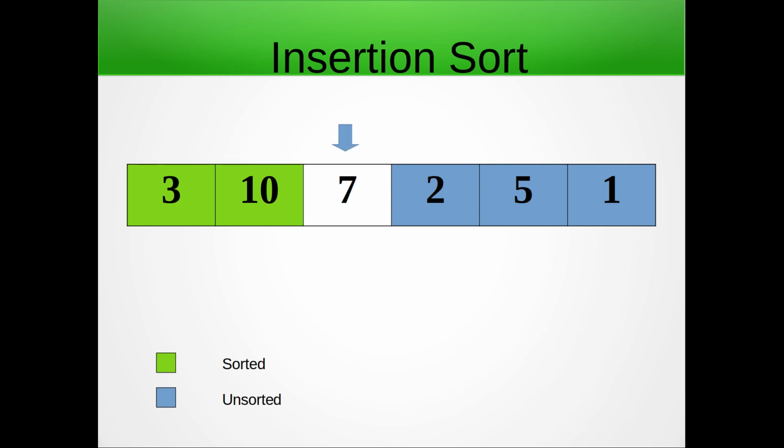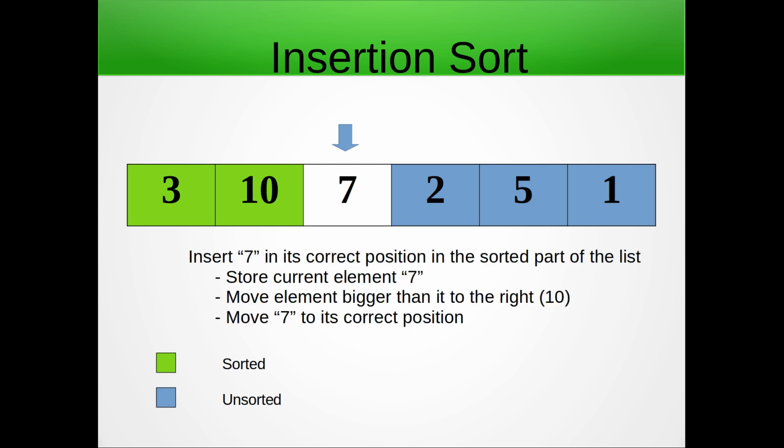Okay, not so fast. Next iteration, what do I do? Well, I move the current element pointer, and now i equals 2, and I'm at the third element in the list, 7 in this case. What do I need to do now? I need to insert 7 in its correct position in the sorted part of the list. And 7 is bigger than 3, but it's smaller than 10, so it should go here. So what I'm going to do is check how many elements are smaller than 7,